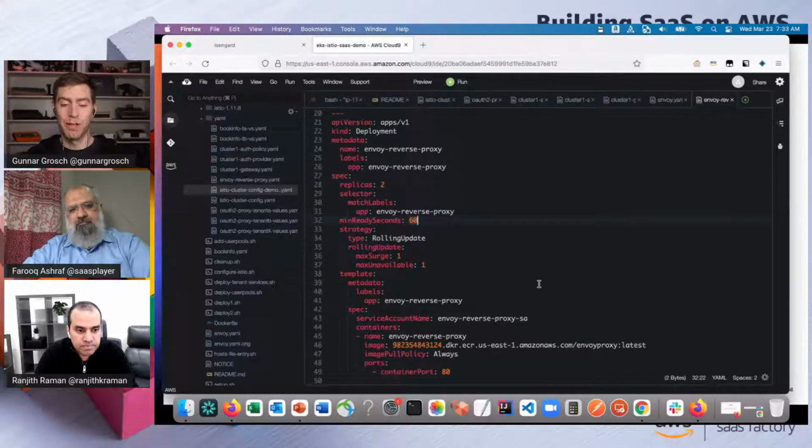And that's probably one of the great things about using something like Envoy, that it is tried and tested and production ready, and thousands of customers are probably using it already in production today. Yes, that's right. Anything else you want to add here, Farooq, before I want to see it in action? So this is all from the configuration part. We will next talk a little bit about tenant onboarding, so we'll have a little bit more action there. Cool. Oh, this is action as well. And we had my robotic voice as action earlier.